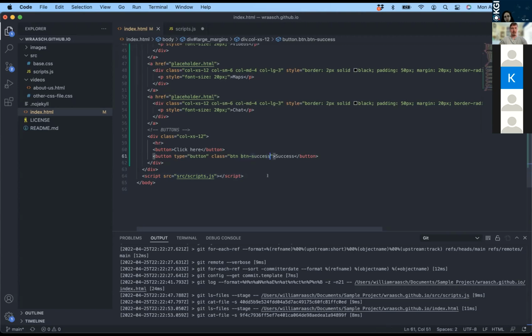So I would recommend creating your own name, and it could be a class or an ID. The main reason you would choose a class or an ID is, think of it as an ID is perfect if there's only going to be one element like this. So if it's unique, a class is better if you're going to have multiple buttons that you want to do the same thing. So in this case, let's just make it an ID. So ID equals quote, and then we'll name this whatever. So success alert